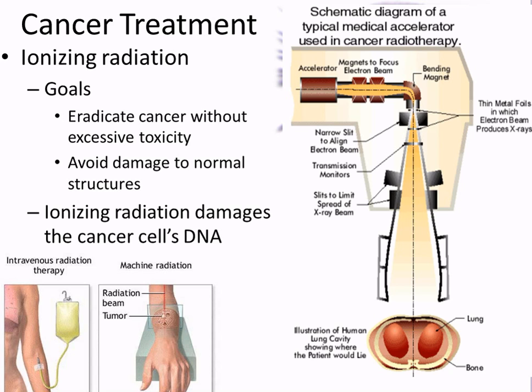The problem is that it would also cause some inflammation around there. So would you want a lot of inflammation at your thyroid? Why? It's on your throat, right? So there are some setbacks to it. Too much of that inflammation can actually cause other problems. But the whole idea is to hit that cancer cell with enough radiation to destroy it without killing all the other surrounding cells. So the benefit is they can be precise with where they use it. The bad thing is the inflammation can cause side effects.